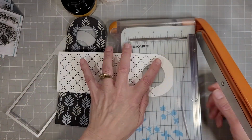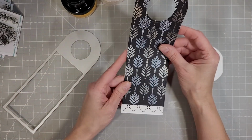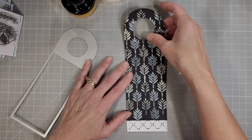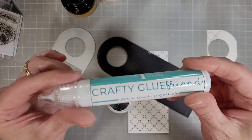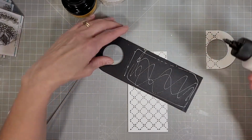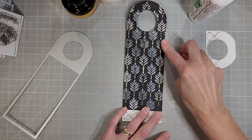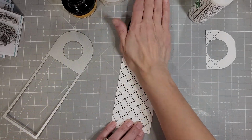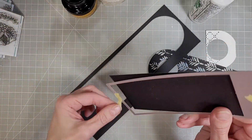I took one of those panels that I created on black cardstock and I cut that with the wine tag, and then I also cut out one of the Eyelet backgrounds that I die cut in white. Now I trimmed off just below the hole on the eyelet lace, and I'm going to adhere that to the back of this black tag, but a little lower than the end of the black tag. I want some of that eyelet lace to just show underneath the main body of the wine tag. It is so pretty. It really adds some delicate